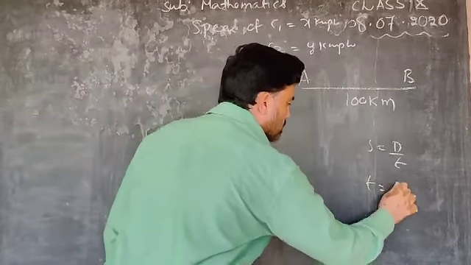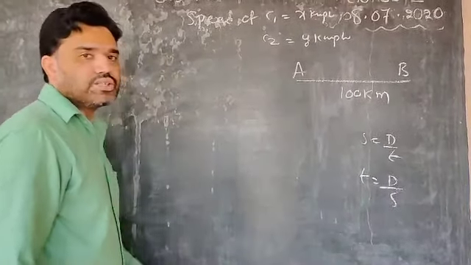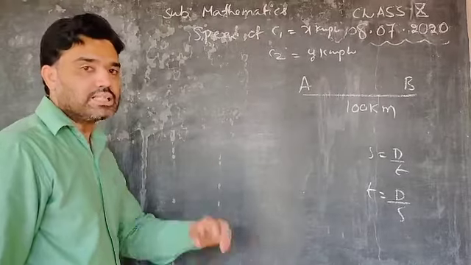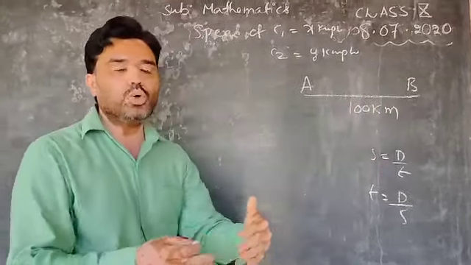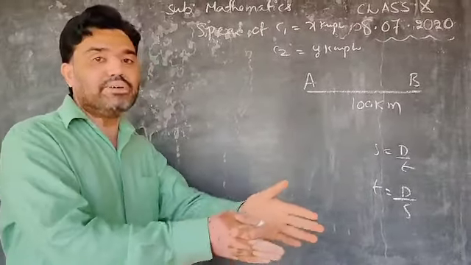Then you get t is equal to d by s. Distance by speed is equal to what now? Time. Why? Because they mentioned here time, the time taken to meet each other. The two cars meet each other if they are moving in the same direction.